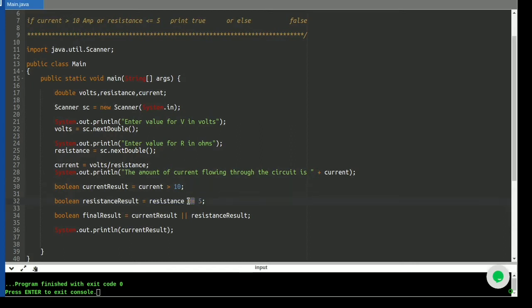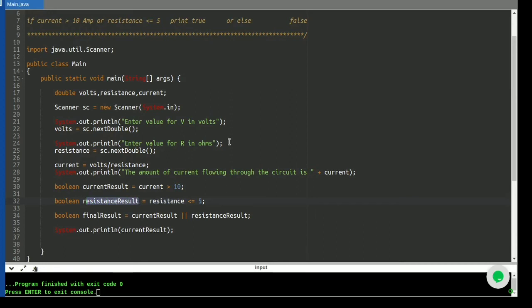Since we are making use of the relational operator in both cases, we are sure that the output will always be a boolean, and that's why the boolean result for this particular equation will get stored in the resistance result.